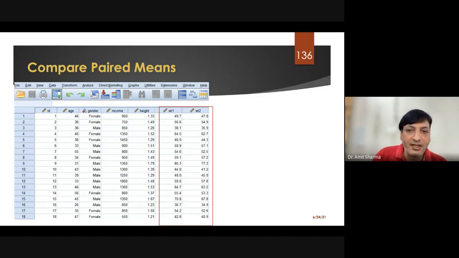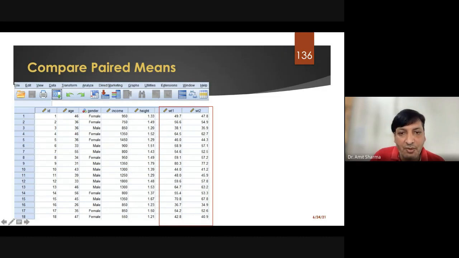So he took a few participants before launching the program. He wants to find out the mean difference. Some person might lose 10 kg, some person will lose 2 kg, but he wants to find out the mean. What was the mean difference? So he took around 150 patients who come regularly to the gym, and he noted down the weight first, which will be called weight 1. When they enrolled into the program, and the program finished after a month, he again took the weight, and that will be called weight 2.